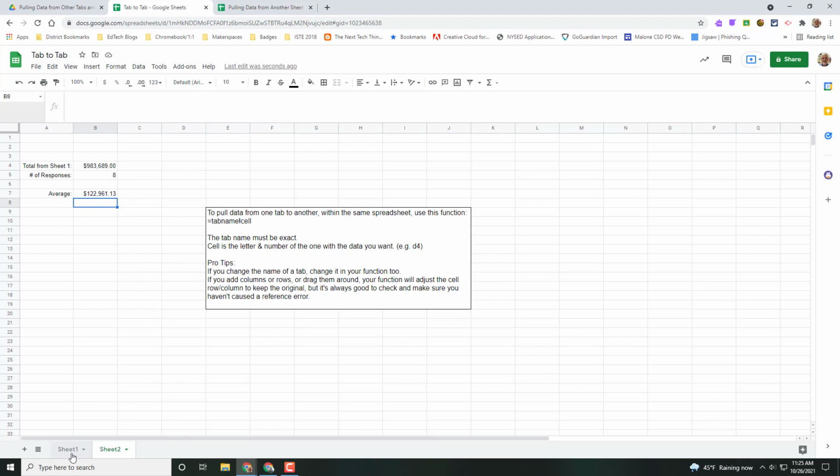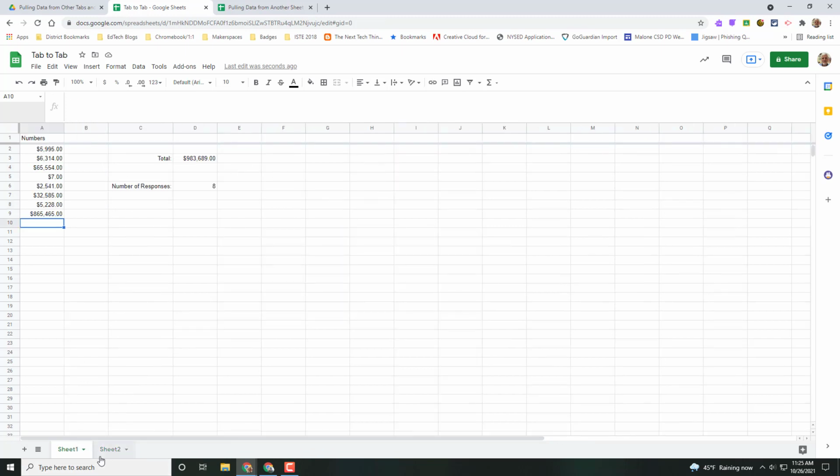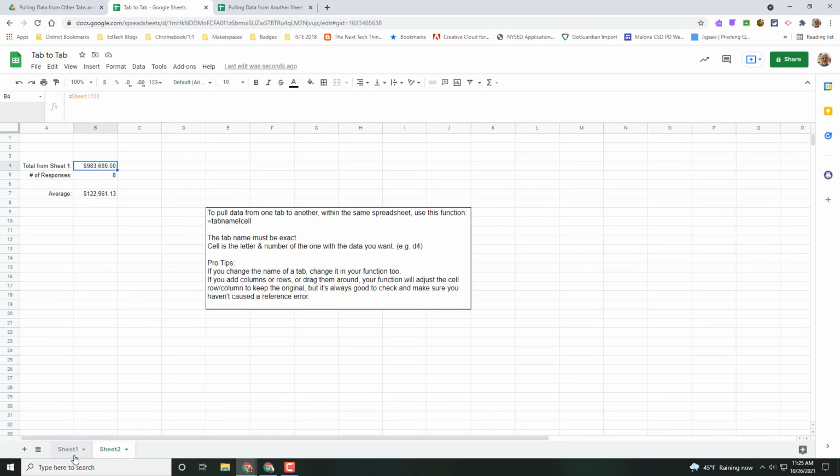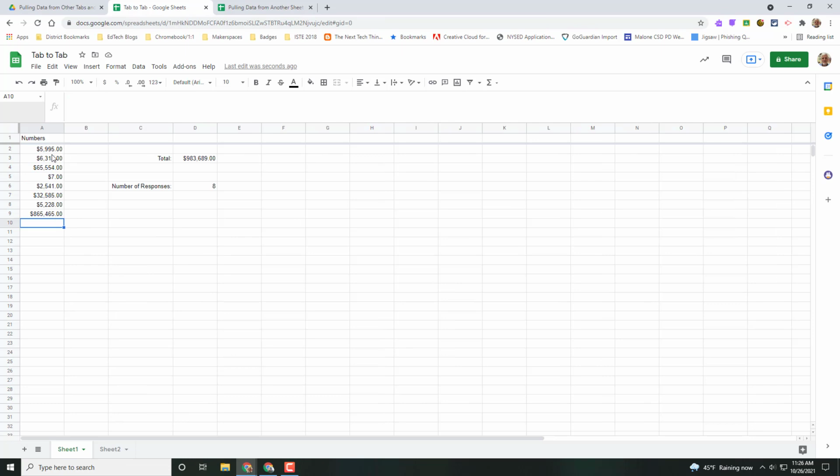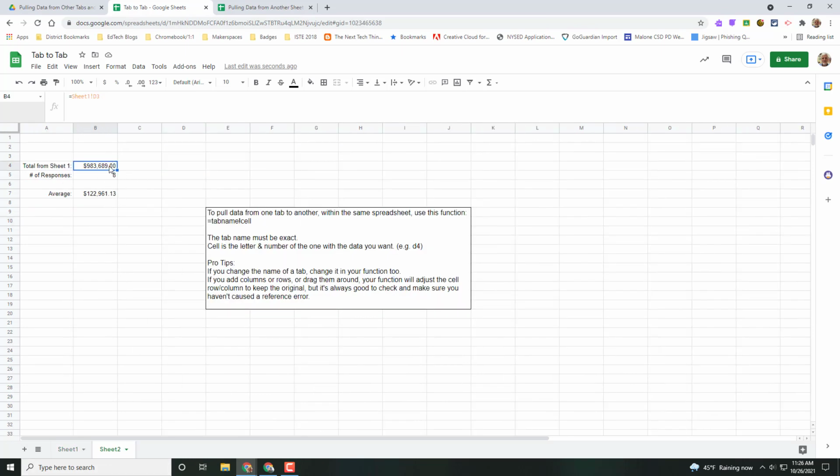That's the whole point of using this function and not just copying and pasting, like copying this number and pasting it into sheet 2, is that the information will stay live. So if we make any changes over here on our original data sheet, that'll automatically be reflected in this sheet as well. Okay? So now we're going to take it to the next step,